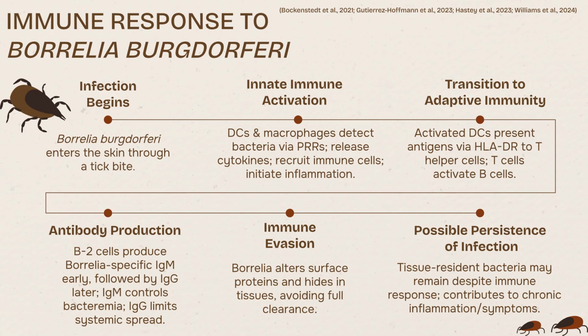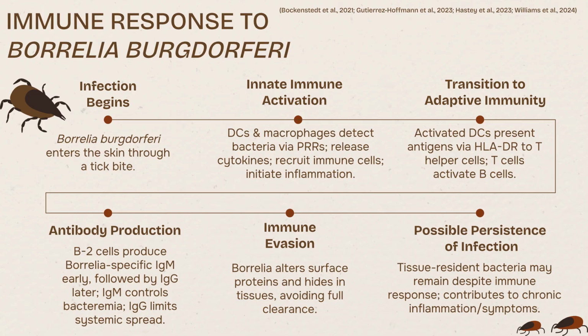The innate immune system responds first. Dendritic cells and macrophages recognize the bacteria through pattern recognition receptors and release cytokines, which promote inflammation and recruit other immune cells to the site of infection. Activated dendritic cells then process and present bacterial antigens to T helper cells, which help initiate the adaptive immune response. T helper cells activate B cells, leading to antibody production. IgM is produced early as a rapid but less specific response, followed by IgG, which is more targeted and helps